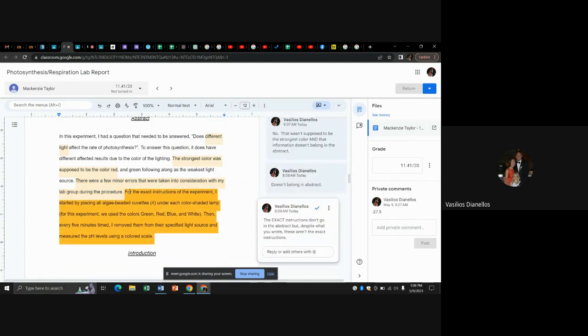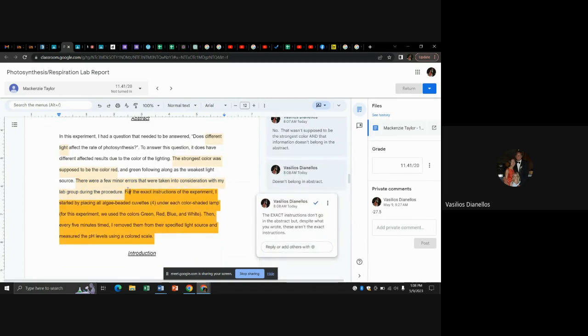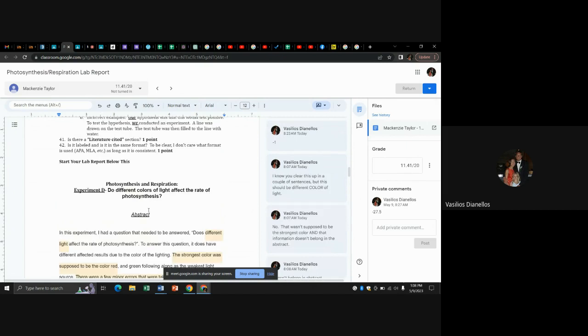Well, again, not the exact instructions. So that portion was incorrect for you to say that. But luckily, you went on to not give the exact instructions. You did what you should do, which is a basic setup or a basic explanation of the setup. So you had the algae bead cuvettes under each color light. Technically, measure the pH levels, right? So that's good. You did a basic description of how you did it,